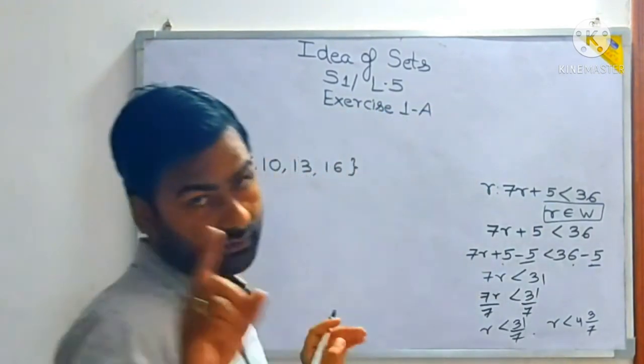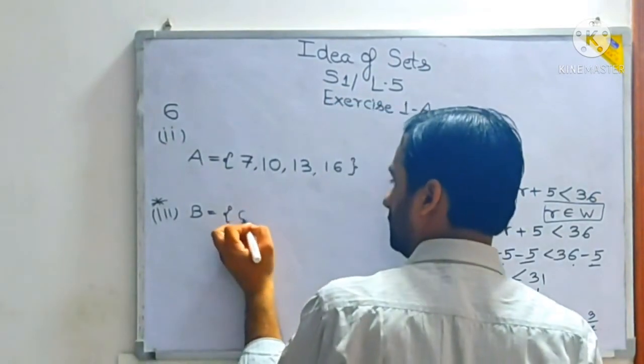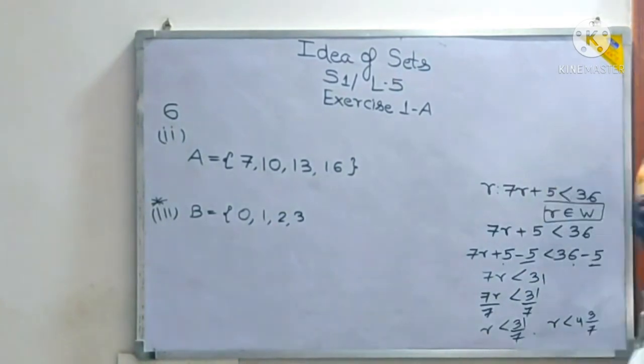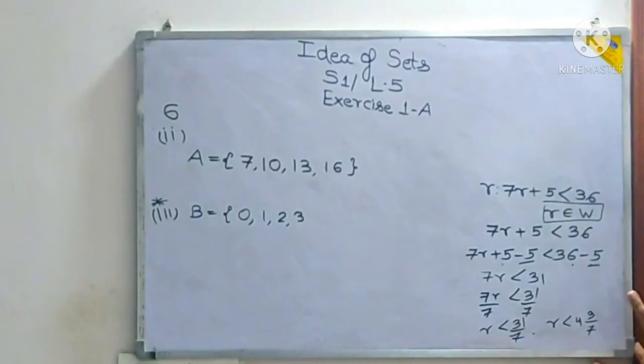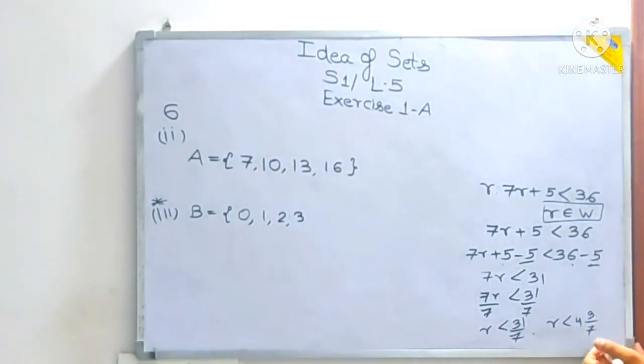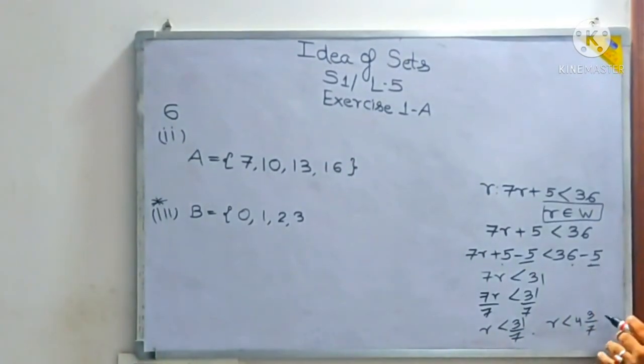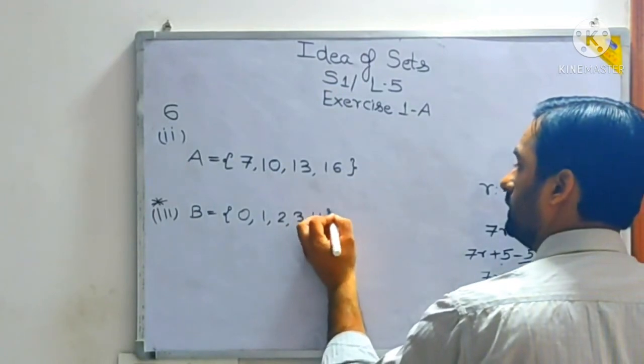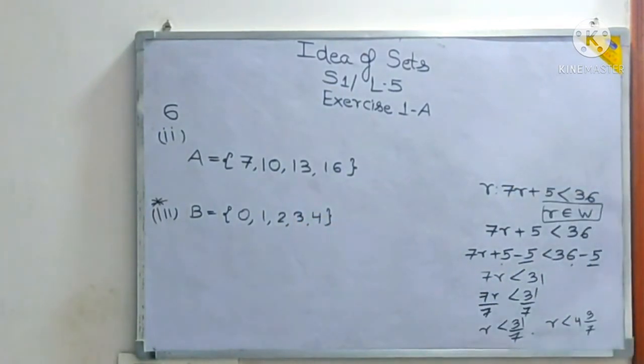whole numbers start from 0. So it will be 0, then 1, then 2, then 3. This all you can do. Then what about 4? Can I say 4 whole 3 by 7 is more than 4? 4 whole 3 by 7 is more than 4. So lesser than this will be 4 also. And see, since all of them are whole numbers, we will take only the whole numbers. I hope this makes things clear to you all.